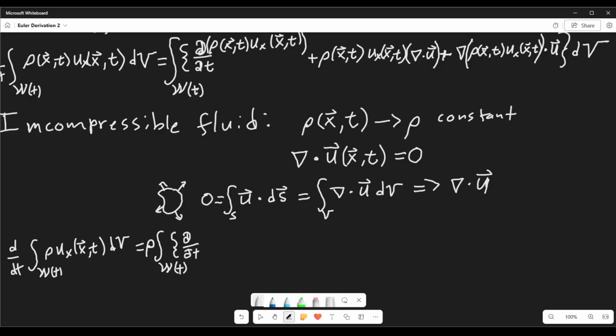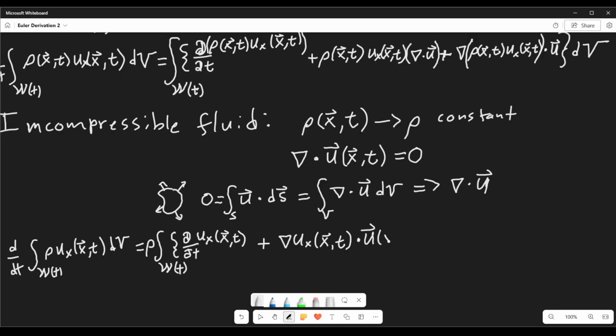Rho comes out and we have the ux still in here. This entire term disappears. So this becomes just the gradient of ux dot product with the u